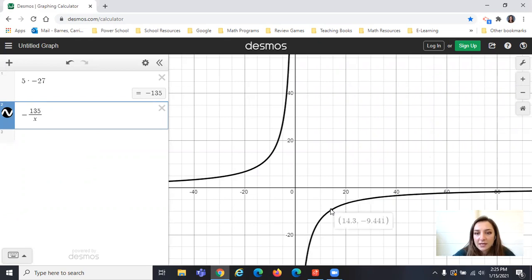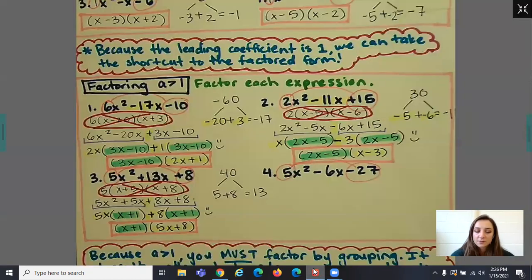Okay, and here's what I was saying. You can actually drag and see, okay, when is it getting close to equaling 6 together? So you can see 15 and -9 there. You can also go in this direction and you can see 15 and +9. So you can look this way and try to figure out the factors by looking at the graph, or you can use the table. But we are going to use